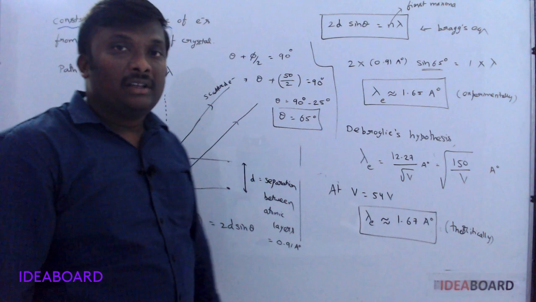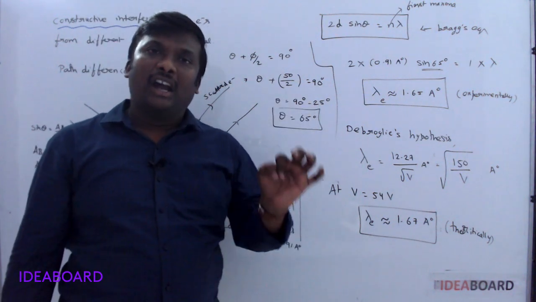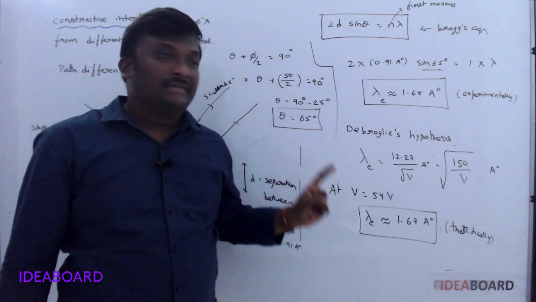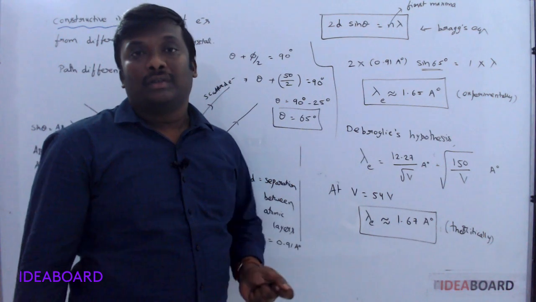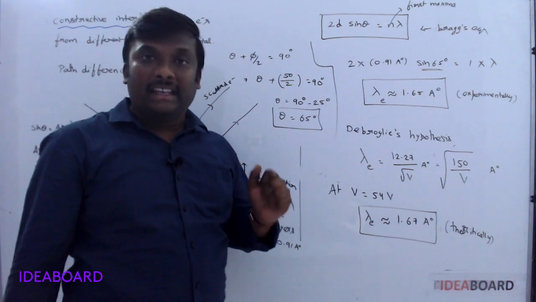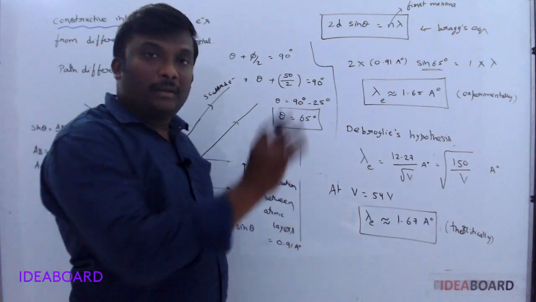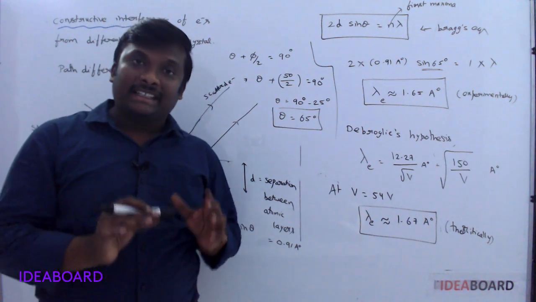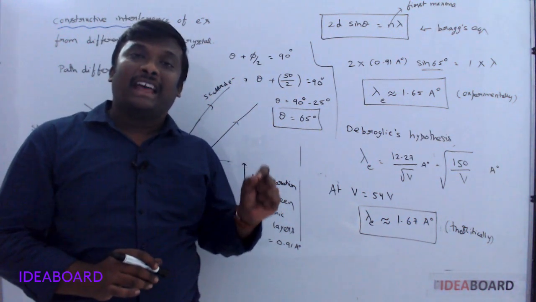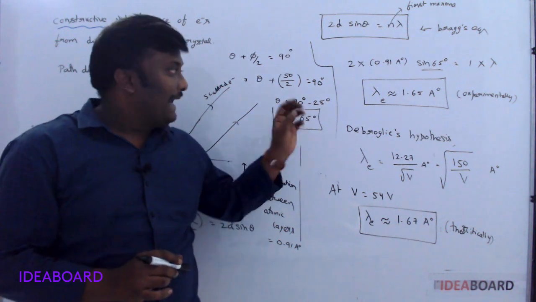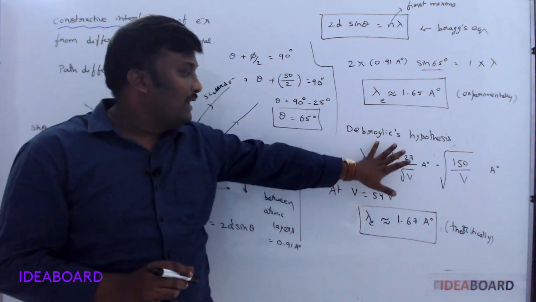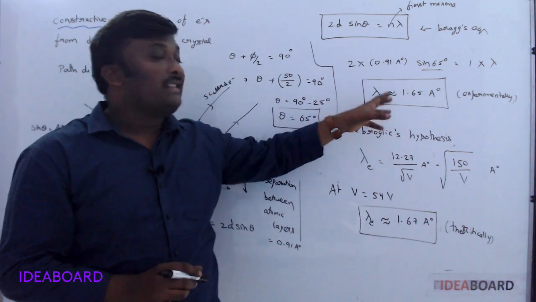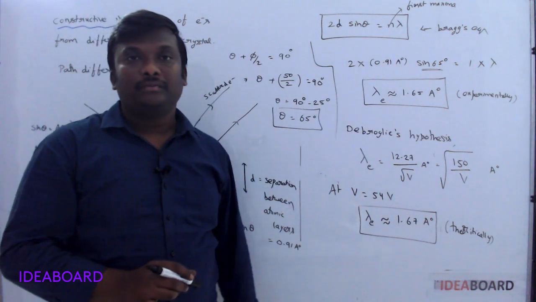Okay, in this experiment, at a particular angle of 50 degree and a potential of 54 volt, the galvanometer shows the maximum reading, which indicates intensity is maximum. Okay, that point should be kept in mind. And in this Davisson and Germer experiment, they suggested that the electrons have the wave nature. Practically they found. Okay, de Broglie theoretically said, and Davisson and Germer and G.P. Thomson said electrons have the wave nature also.